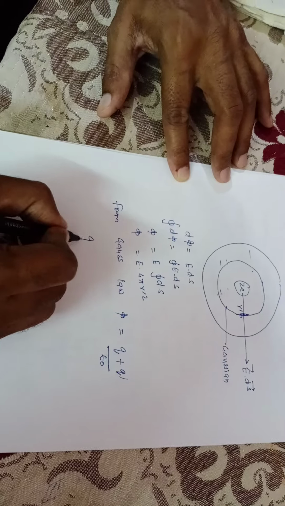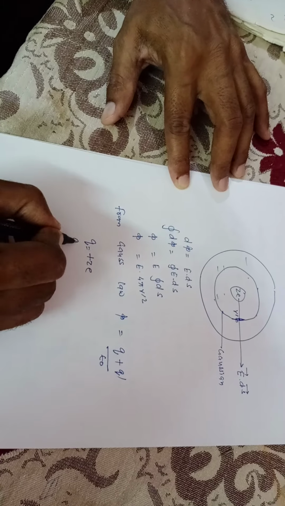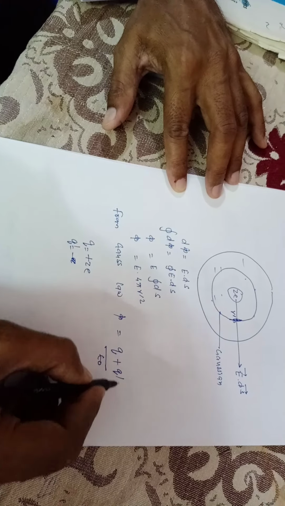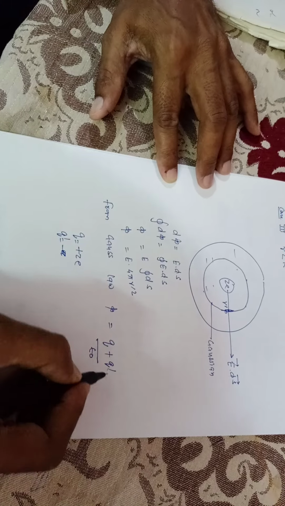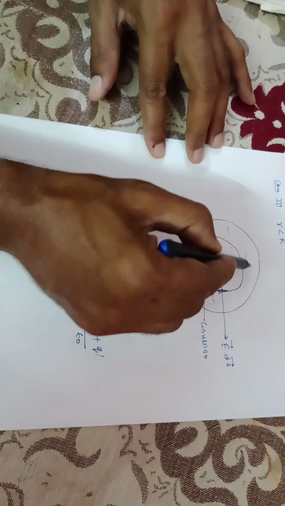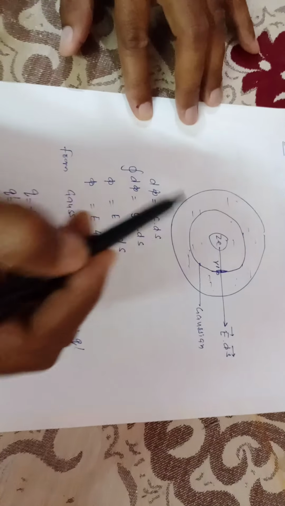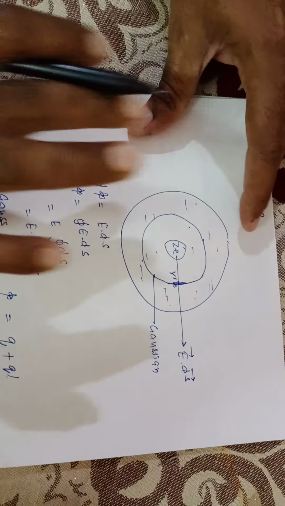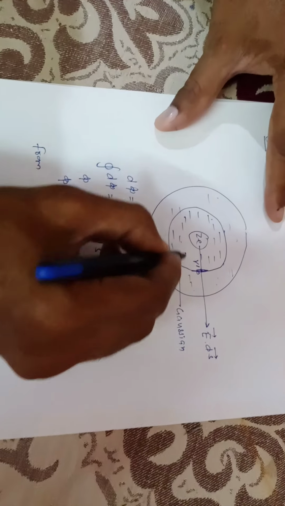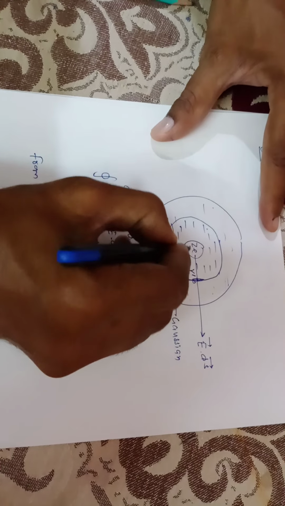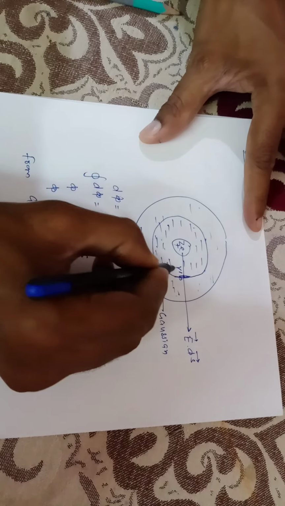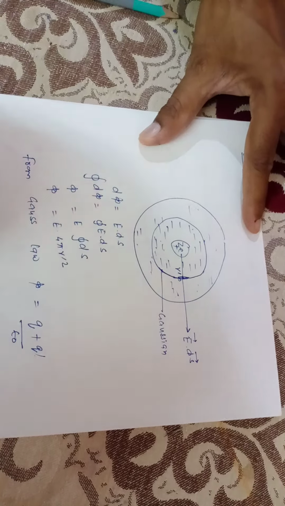What is q here? q is plus Ze, and what is q dash? Q dash we have to find out, but it will definitely be negative. Q dash will be negative charge, one will be positive charge. So in this atom, total negative charge is up to here, this much distance up to here, negative charge. Here positive charge. Now this is an atom.